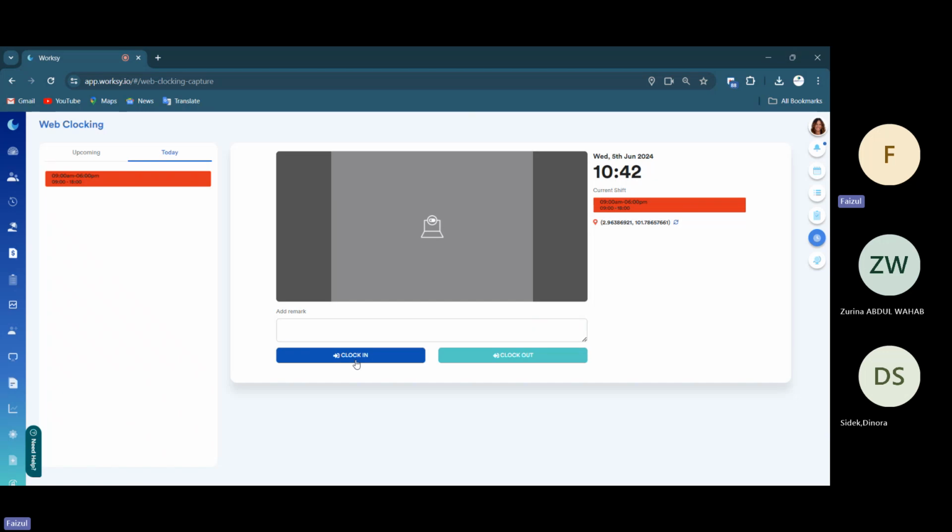So when you come to the office, you clock in. At the end of the day, after you finish your work, you click the clock out button. Okay, so this is for the web clocking. So we go back